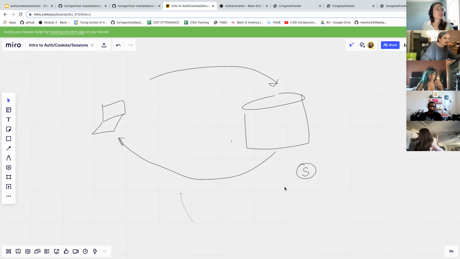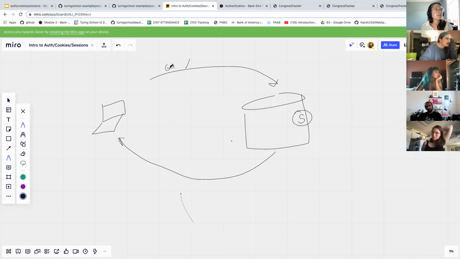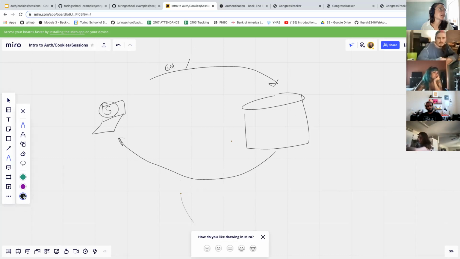So on this session, the very first time you connect, that session keeps getting sent back and forth between request and response. Let's say the very first thing we did was make a GET to slash. Then it goes ahead and creates the session cookie and sends that back. And then the next time we make a request to our server,